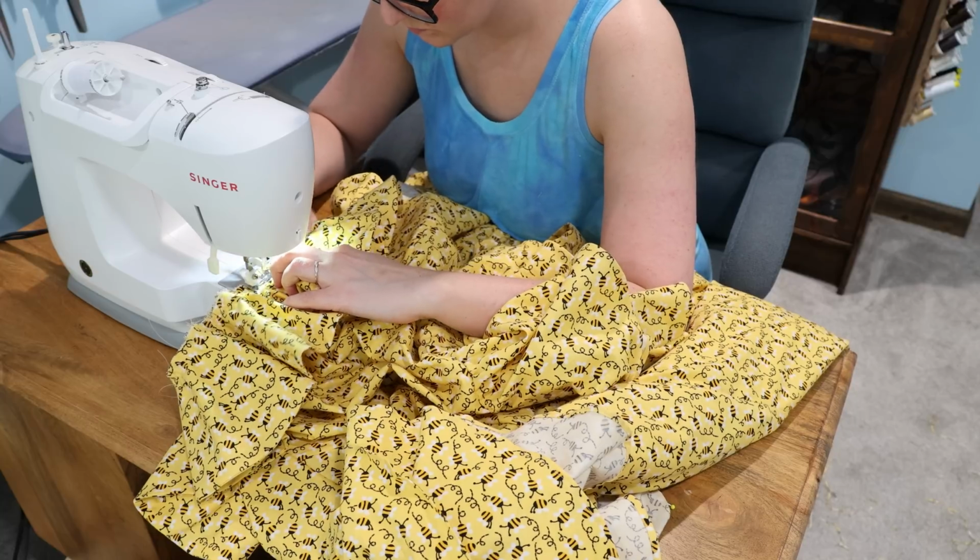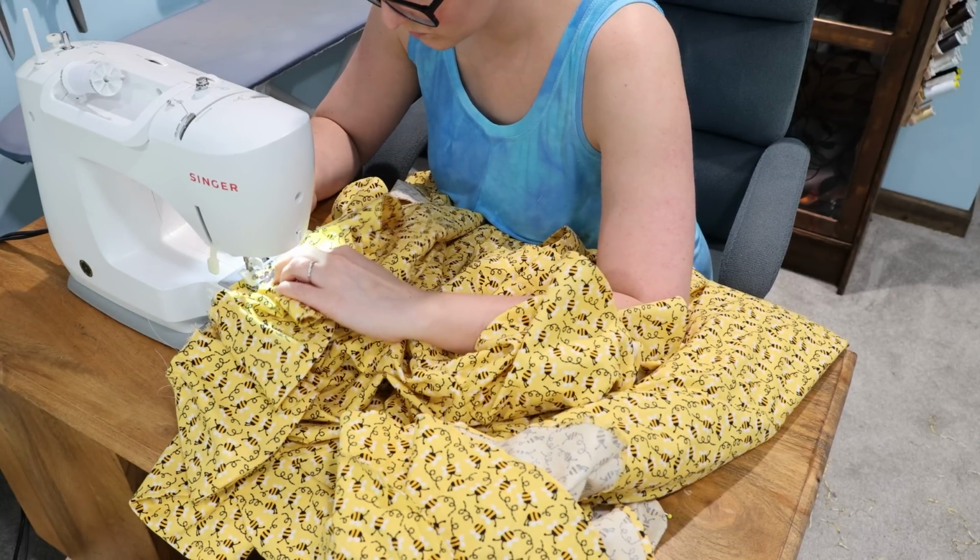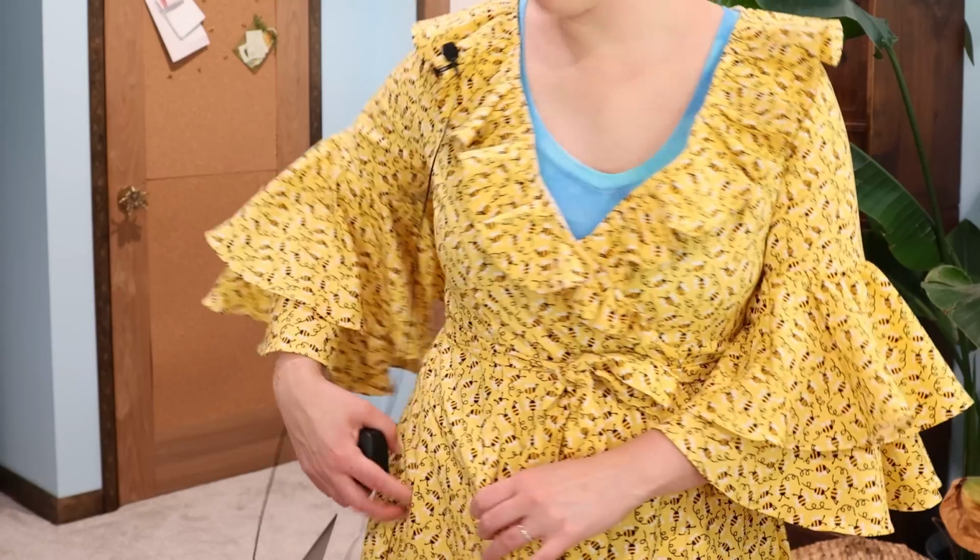And here is where things started to go south real fast. So we've run into a bit of an issue here. I have futzed around with this flounce a lot, and one, I kind of wish it was even rufflier, but I would be okay with this, except that adding it onto the neckline has made the neckline very gapey,